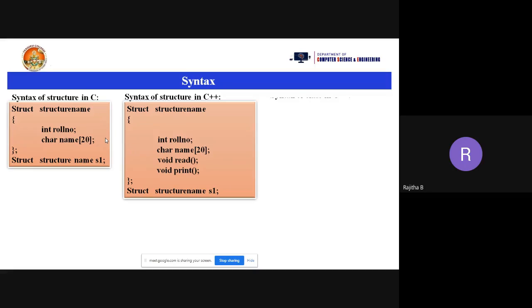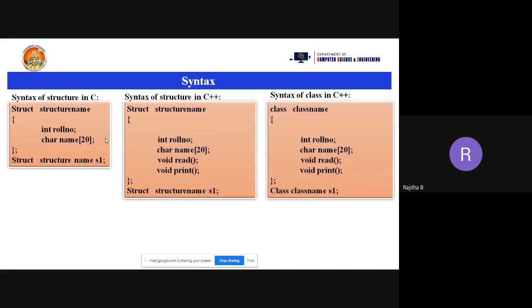Before that, I want to take the class syntax. So what is the syntax of a class? Like structure syntax only, but instead of the struct keyword, we are using the class keyword here. So class keyword followed by the class name, open the braces. You can take the same collection of data types and functions, close the braces, ending with the semicolon. And how to create the variable for this one?